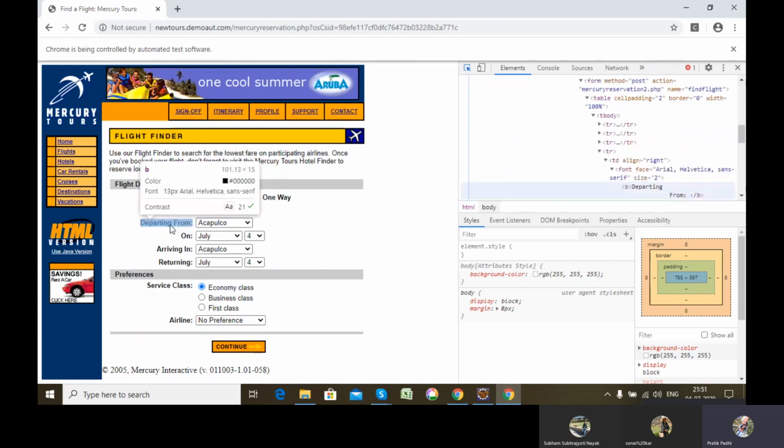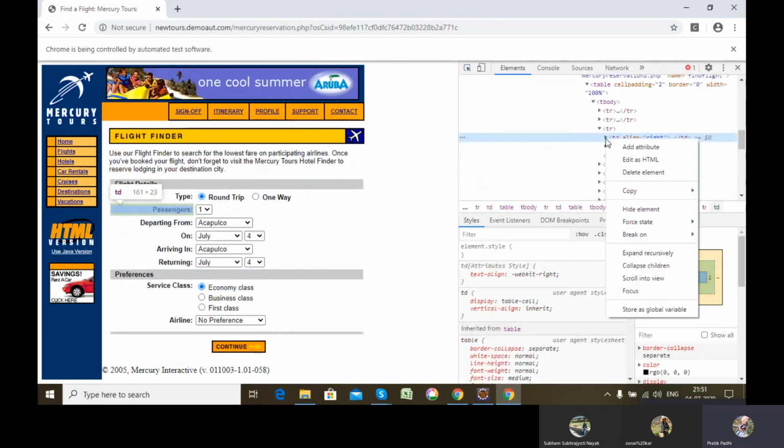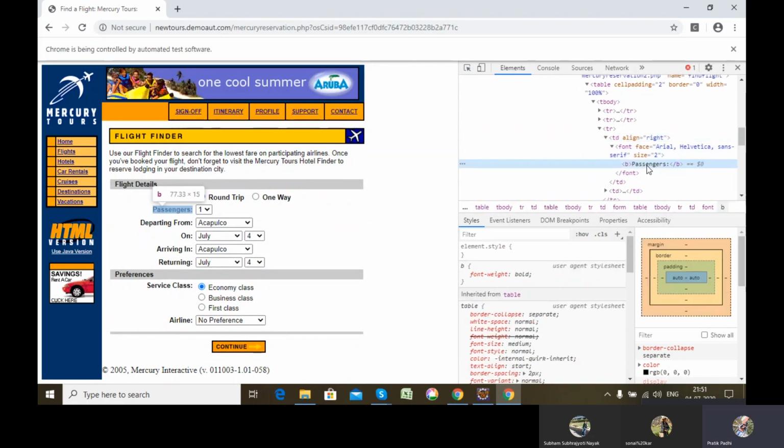So here we saw how a failed scenario is working. Now we'll be seeing a pass scenario.